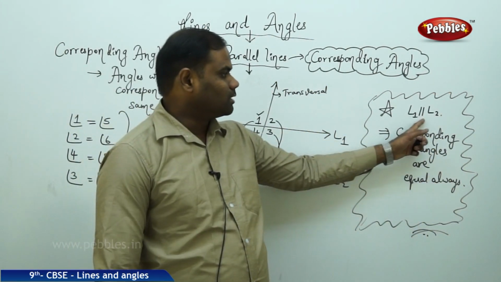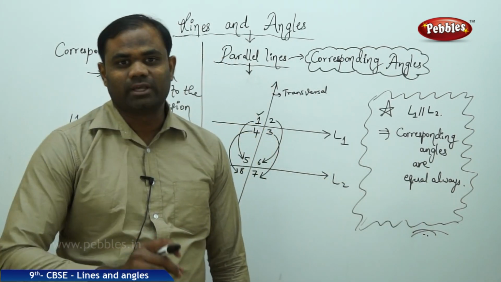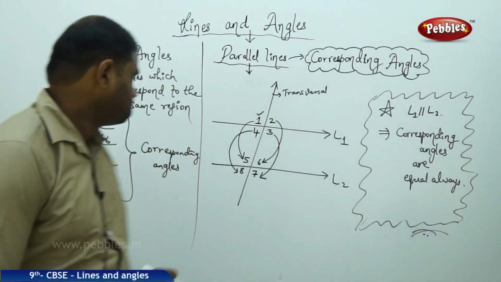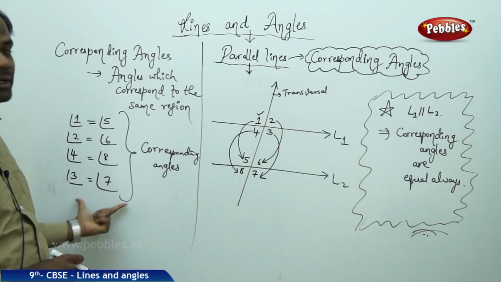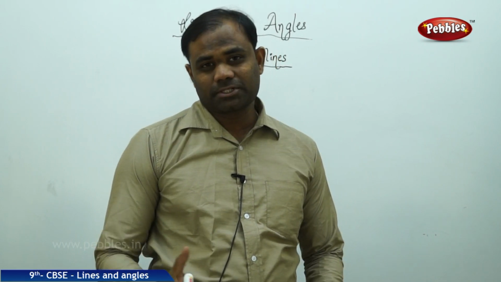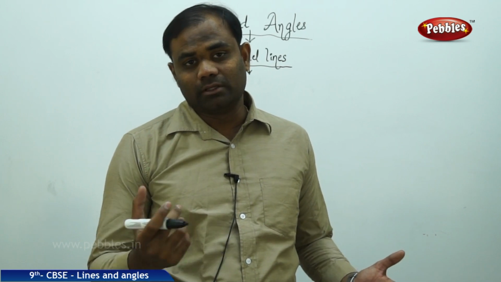So L1 parallel to L2 implies corresponding angles are always equal when lines L1 and L2 are parallel. Corresponding angles, done. Now that we have discussed corresponding angles and all the corresponding pairs being equal in